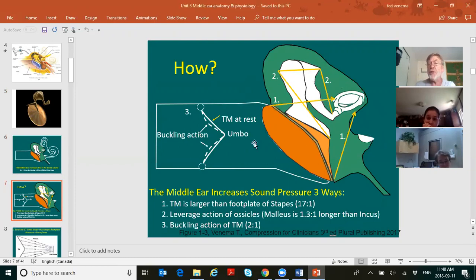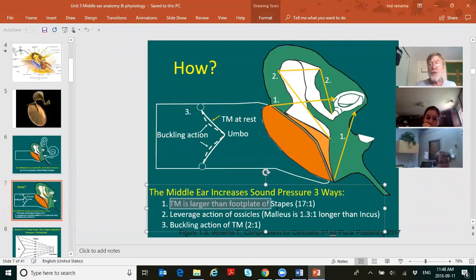Let's look at 1 first. Size of the eardrum compared to size of the stapes. So 1 and 1. Read with me here. The tympanic membrane is larger than the footplate of the stapes. How much larger? 17 times larger. The second way,